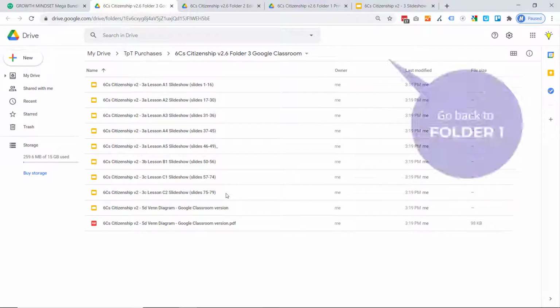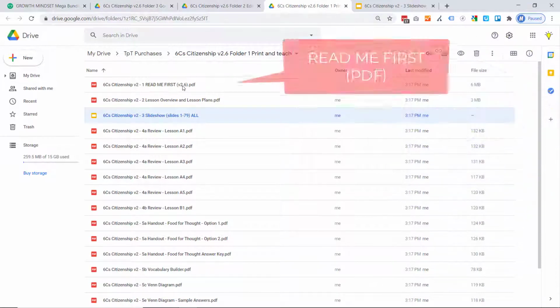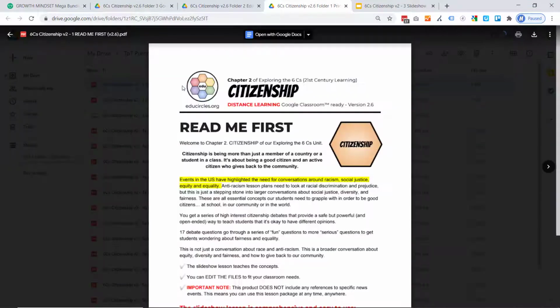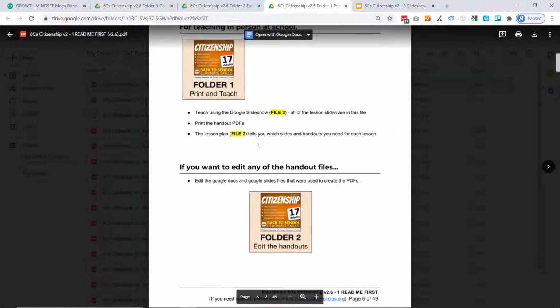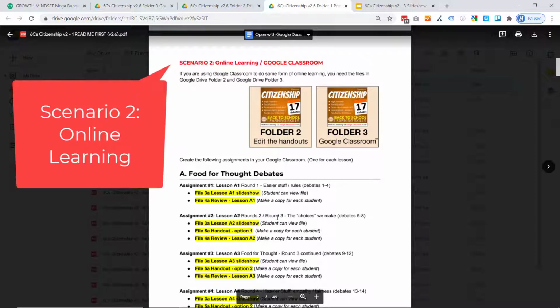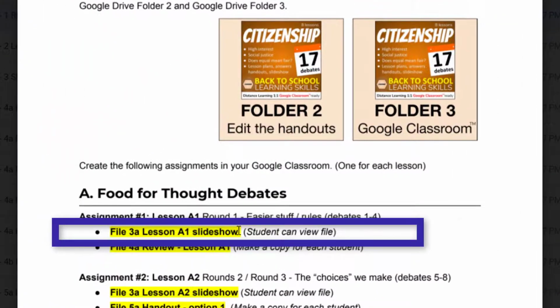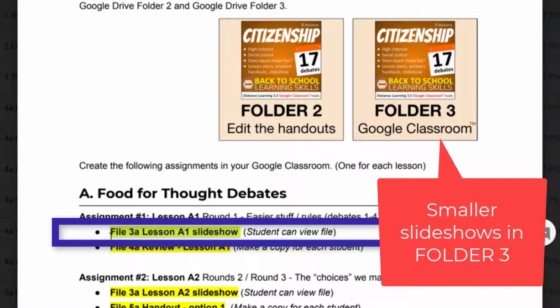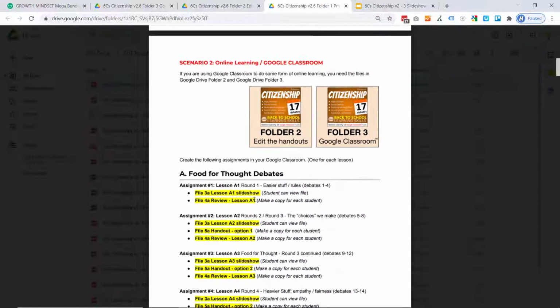And if I go back to folder number 1, there is a README First PDF. And in this README First PDF, if I scroll down here, it'll tell you each lesson, and it'll tell you, okay, this is the slideshow. If you're doing this, let's say you're teaching it in class, and then afterwards you want a copy for the students to be able to look at, then you would need the file 3A lesson A1 slideshow, because that's the first lesson, and then maybe you want to upload the review lesson as well. So file 3A, the slideshow,